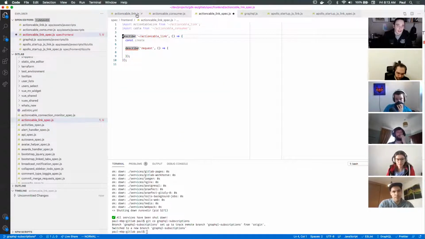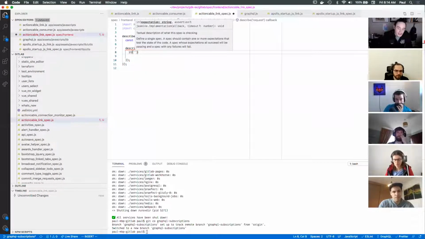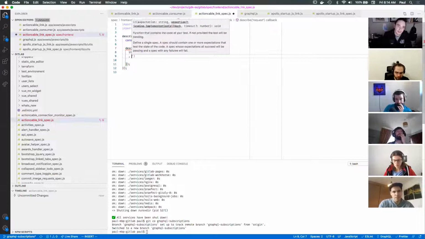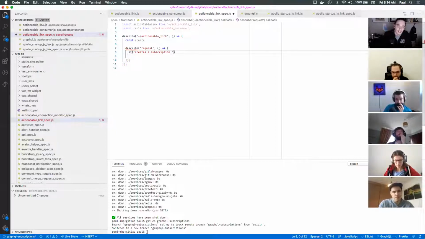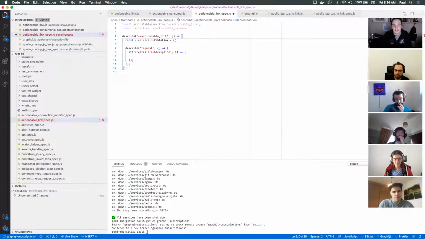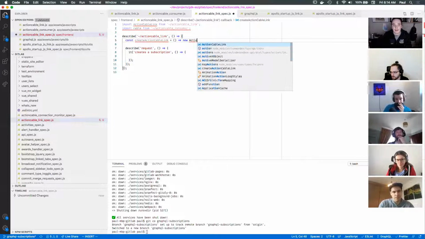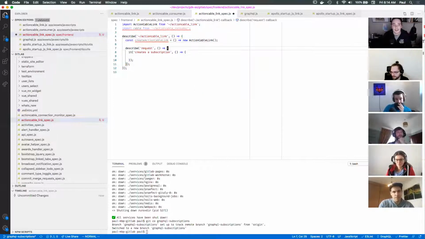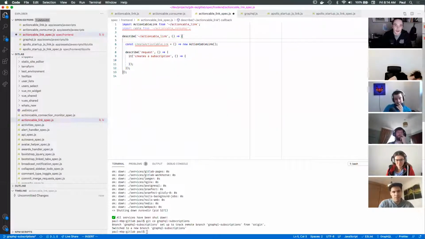But let's see what happens there. So here I'm describing request, and a good it sounds like we should be working on is it creates a subscription. Here we go. Okay, and let me just stop declaring a variable up there. Oh yeah, I was going to create this thing. Yeah, let's create action cable link. And I think I just got to do new action cable link. That was easy. And I think for me to do this bit, I think I am going to need to